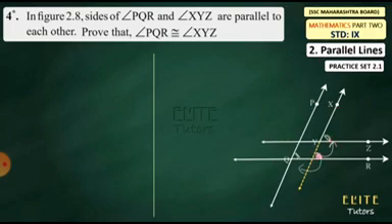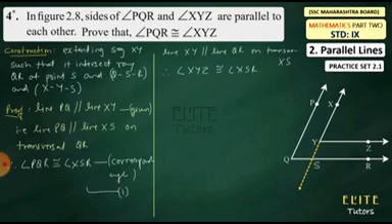Let us observe the figure carefully. Y and S are forming an F shape or taking the same position in the figure. So that's why XYZ is congruent to XSR by corresponding angles. Here we will give this as our second. Now student, we will compare first and second. So we get the common angle XSR in the first and XSR in the second also. If XSR is congruent to XYZ and PQR, then PQR is also congruent to XYZ.